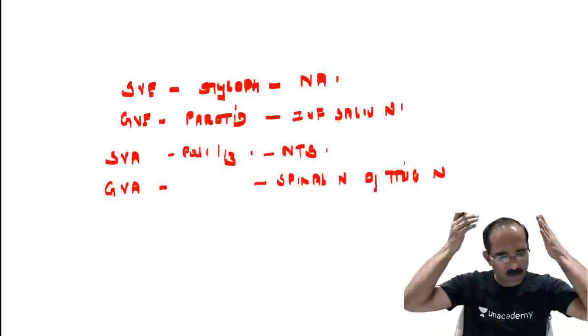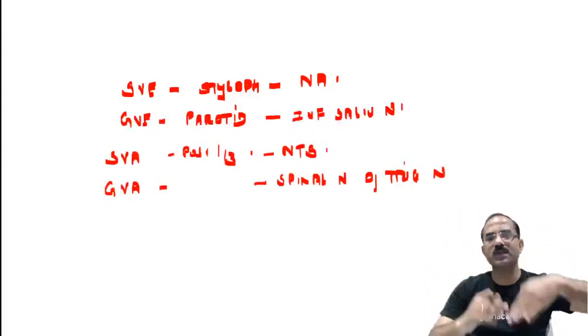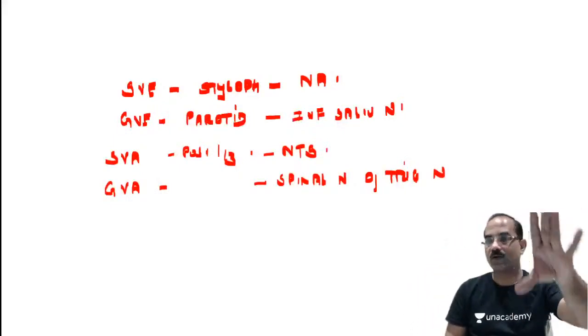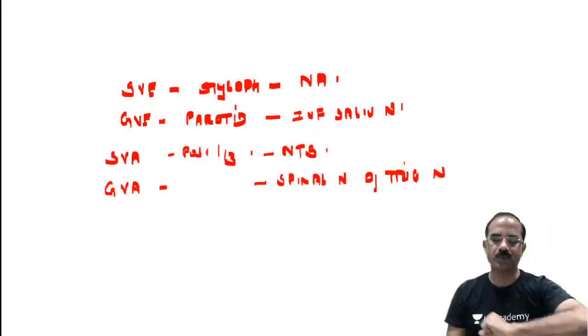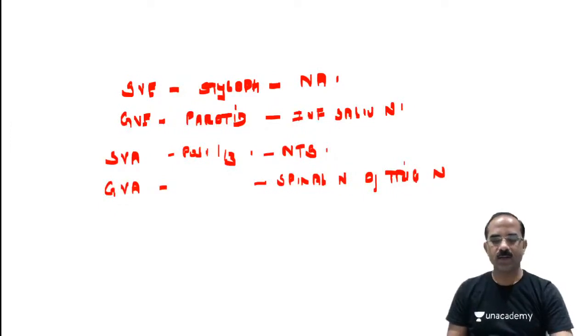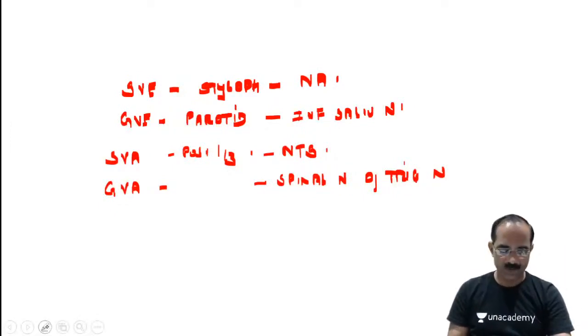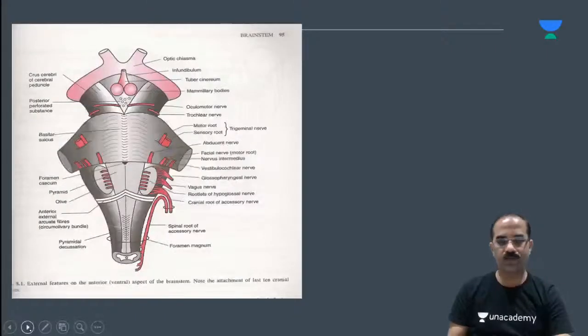Tell me, now fibers will arise from all these nuclei, and the fibers of the glossopharyngeal nerve are attached where? I'll come to the slide. Come on students, tell me, my dear children. Where are the fibers of the glossopharyngeal nerve attached? Just look at the slide. What is this, you tell me? This is the midbrain. That's the pons here, and that's the medulla.